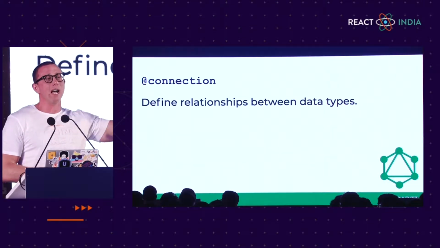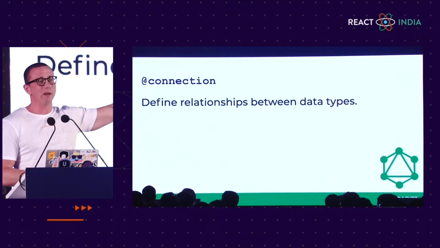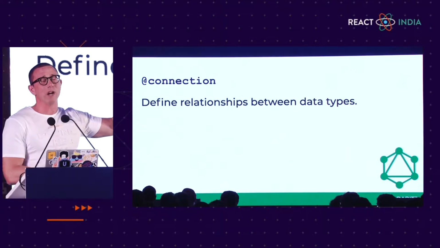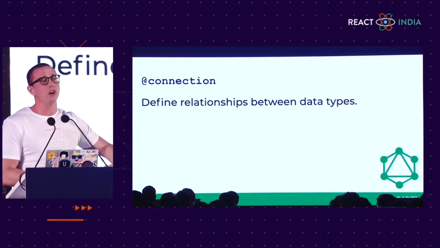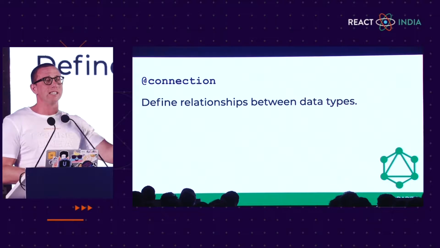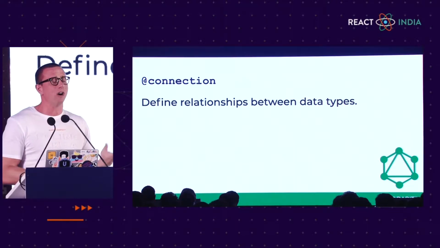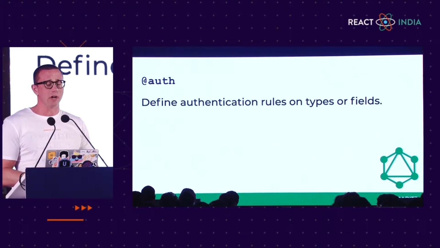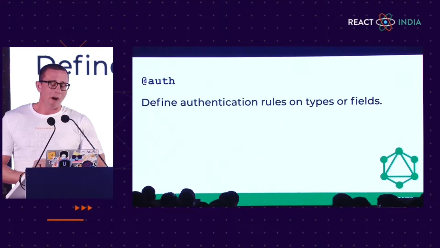So you can take a talk that has comments, and that's going to be the schema that we're going over, kind of a conference API, and you can model a relationship between a talk and a comment. So when someone creates a comment, it goes onto that talk. You can then make subscriptions and listen to new comments coming from that talk, or just list the comments for a single talk. And then the last thing we're going to go over is the auth directive, and this allows